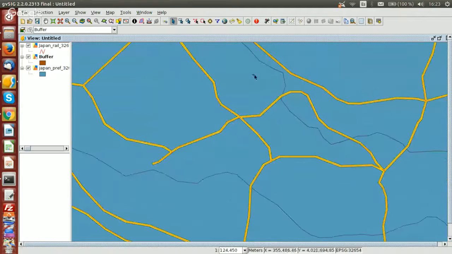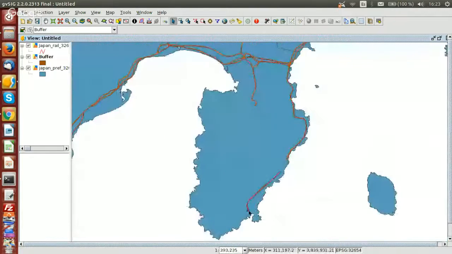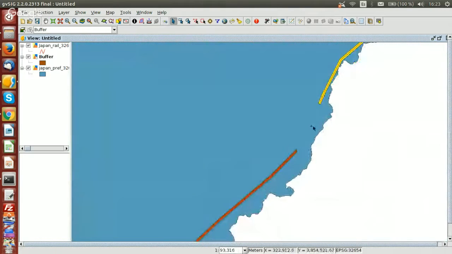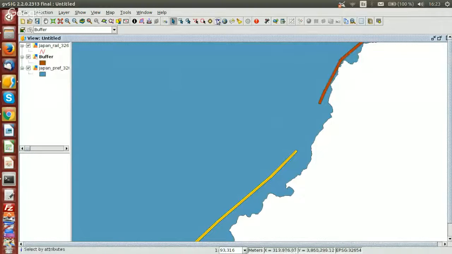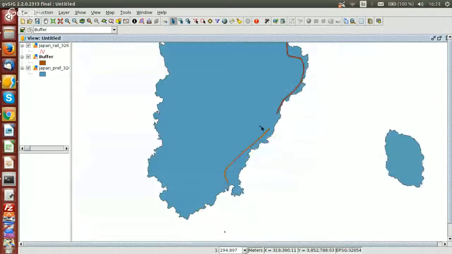It's only one element, but if we have any independent element, for example here, that is not connected with this one, we have a different element. So you can use more than 200 geoprocesses from the toolbox. Now I'm going to show you how to export to KML format in order to import in